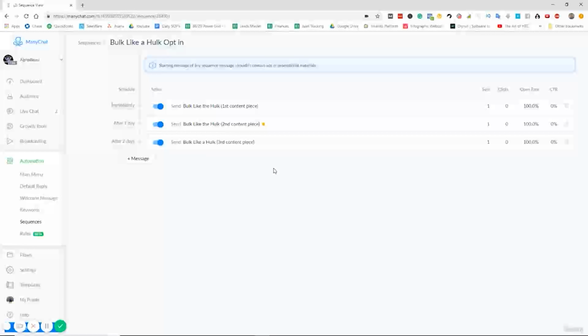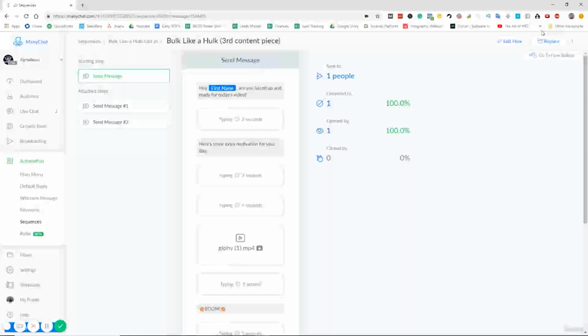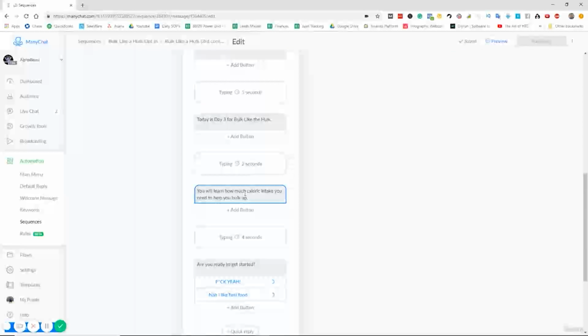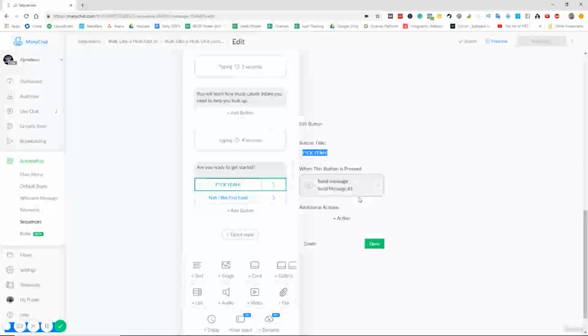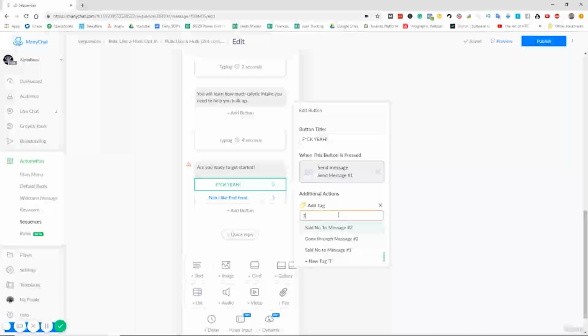and then you can separate it so that when they do make an appointment, this can stop. Okay, like let's say here it could say, hey, have you made your appointment yet? Yes or no, and then they click yes. So let's say you were looking to get them to maybe select yes if they made an appointment. So like right here, and then what we can do is we can make a tag, okay, to, let's say, made an appointment, okay. And so we can tag this person that way,